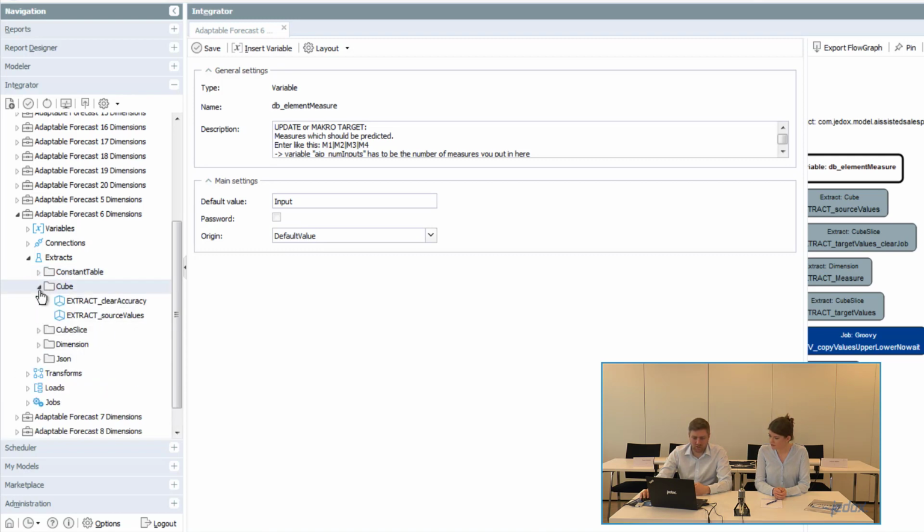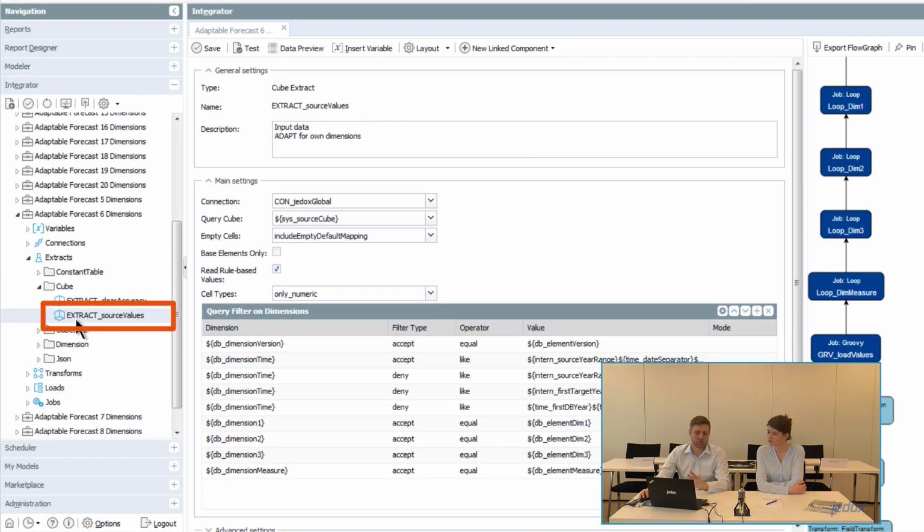What we will test first is: are our given variables working? So we have an extract. This will be the input for the algorithm. Normally it will be the last 3 years. So let's see if this is working. You see all these variables here, so you do not have to change anything. It is all adapted according to your variable setting. Great. Okay,